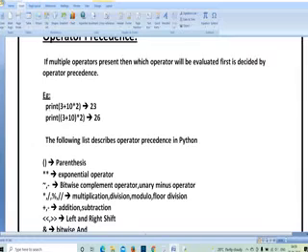Here you can see an example, print 3 plus 10 into 2. In this operation, one option is 3 plus 10 is 13, 13 into 2 is 26. It is not going to do it like that. Why? Because here I have a plus symbol and a multiplication symbol. Of these two symbols, multiplication is higher than plus. So first it performs the multiplication, and whatever result you get for those two values is added to 3.